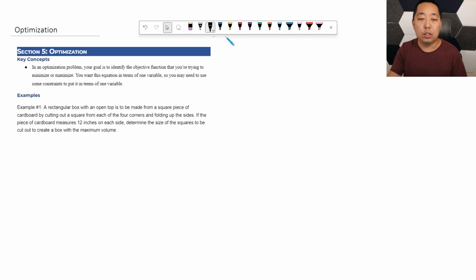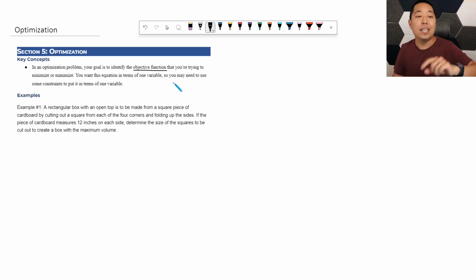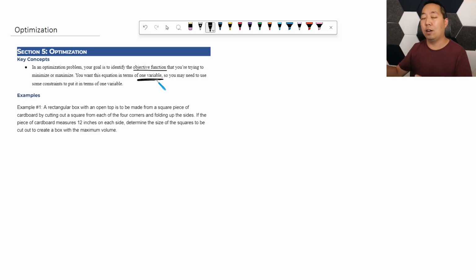Your goal in this problem is to identify the objective function. That is the thing you are trying to maximize. And you want to get that in terms of one variable. That's super key, that's your goal in optimization. You want to find what is the function that I'm trying to optimize, or what is the thing I'm trying to optimize for. Make it a function, put it in terms of one variable, and then we're going to use our techniques for finding absolute mins or maxes or relative mins or maxes